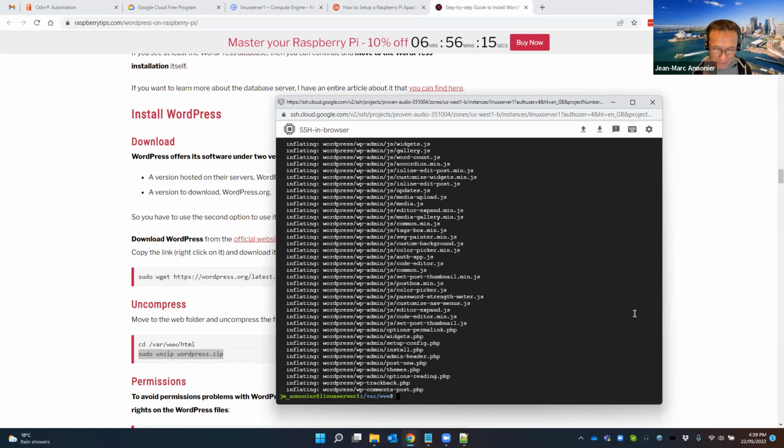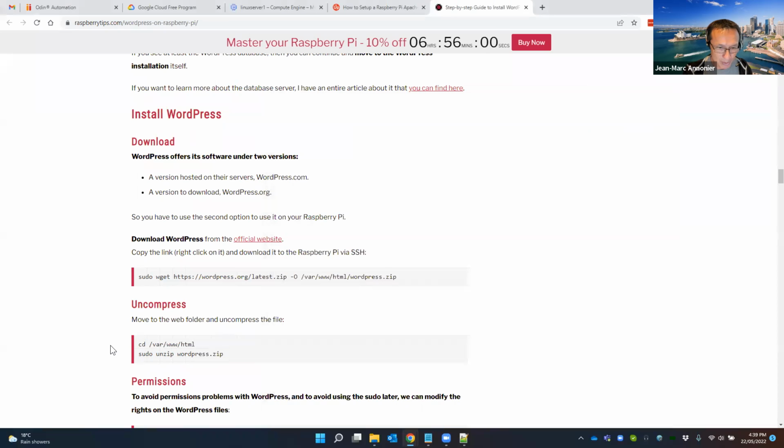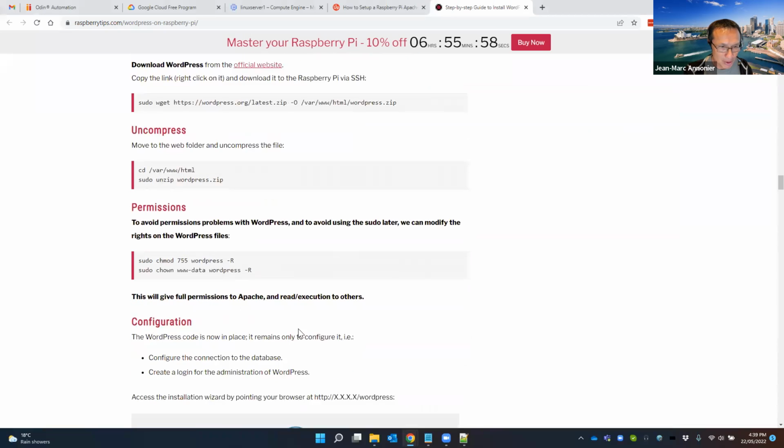Okay, so now we can see the content here. The red one is the zip file, the blue one is the folder that we just unzipped. And we need to change a few things around the permissions.